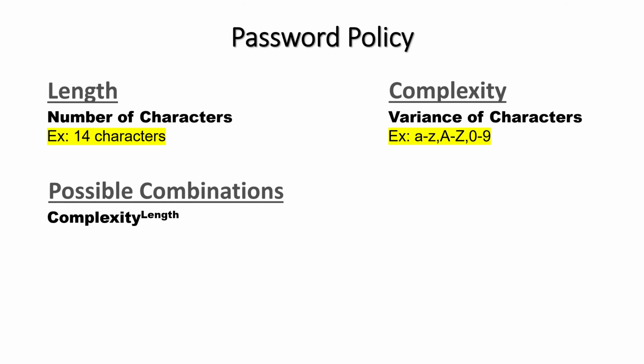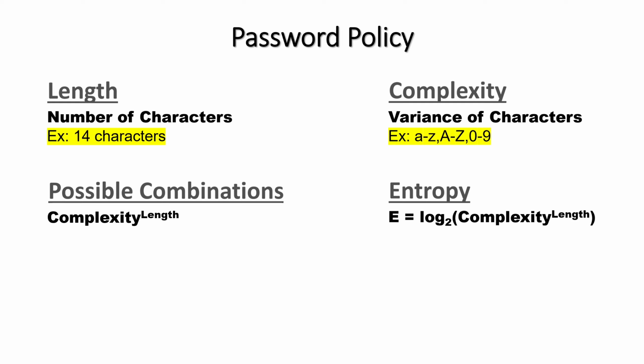Now that we understand our two factors, let's calculate the number of possible combinations. The total combinations can be calculated by raising the value of the complexity to the value of the length. From our possible combinations, we can calculate entropy, which is measured in bits. Entropy is a measurement of how unpredictable a password is. Entropy is calculated by taking the log base 2 of the number of possible combinations and is represented by a